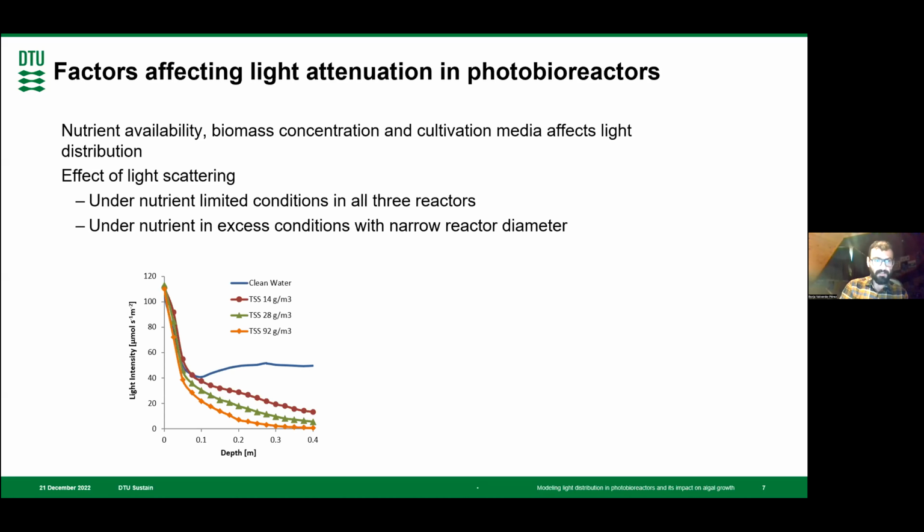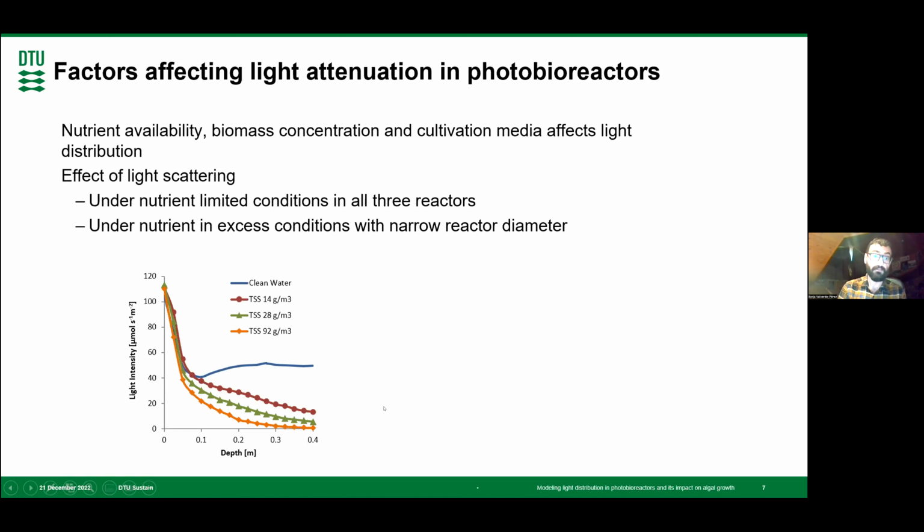So with this experiment that I described, we get this kind of curves here. We have different curves or data series depending on the concentrations of algae that we have. And what you can see is that there is a very steep absorbance or attenuation of the light in the first centimeters. That's why we tend to design photobioreactors that are relatively shallow. And you can also see that the higher the concentration, as expected, the more your light is going to be attenuated